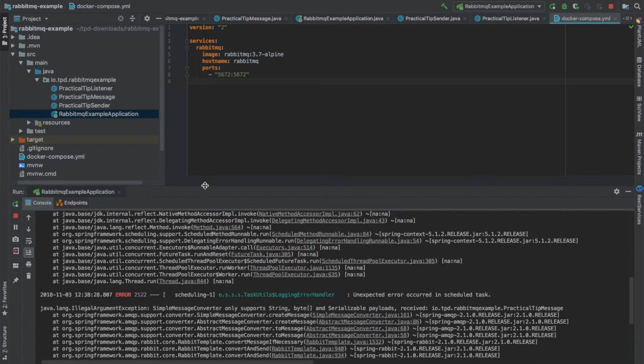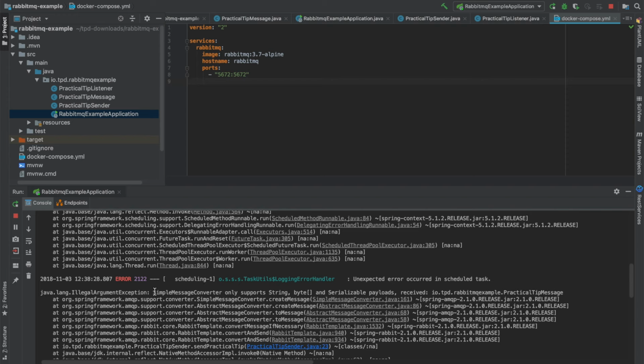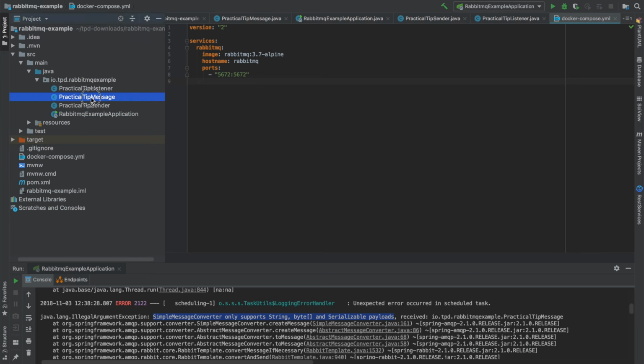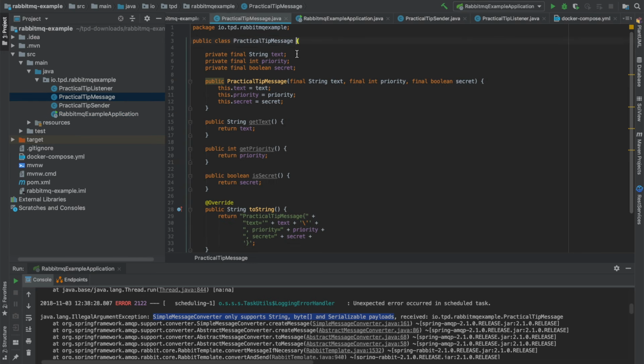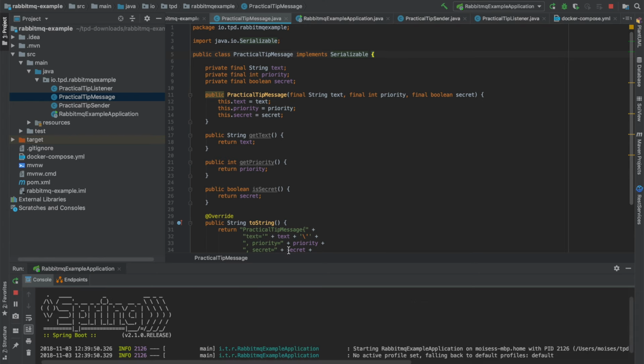Oops, exception. What's this error about? Well, as you can see there, it's complaining about the simple message converter only supporting string, array of bytes, and serializable payloads. And our practical tip message is none of the three, but that's very easy to fix because we can just say that our practical tip message implements Serializable, so it can be serialized as a Java object. So let's run the application again,